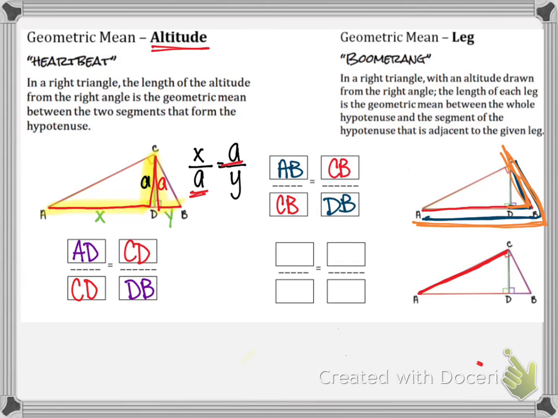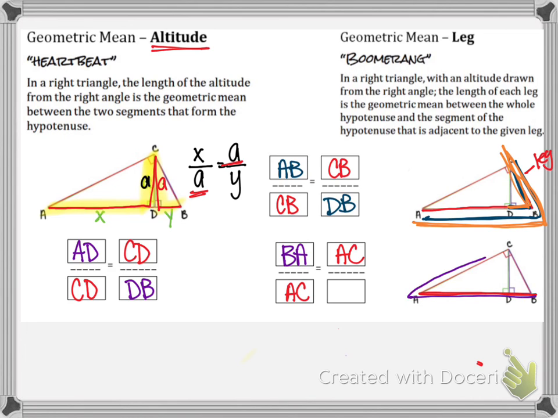So now this other leg, so the first one was this leg over here. This is going to be my geometric mean now. So AC and AC. For this one, we would need to be given this big hypotenuse. That's going to be our start. That would be BA, or AB, doesn't matter. And then I would have been